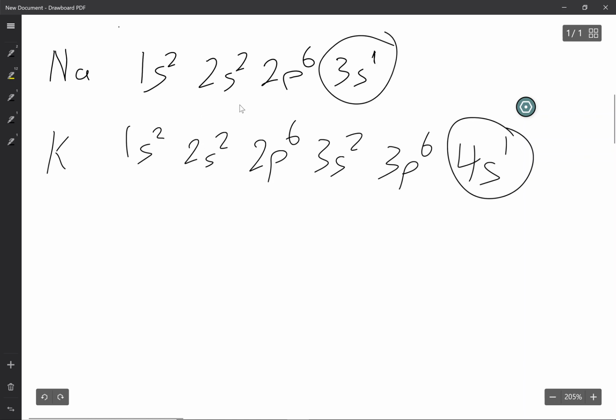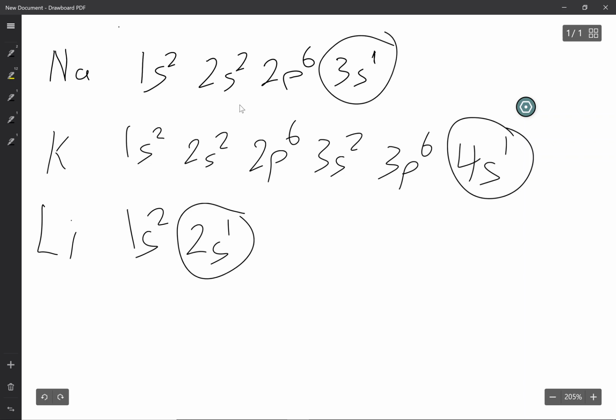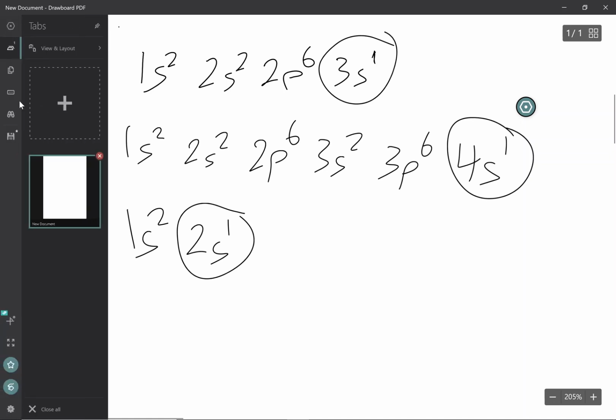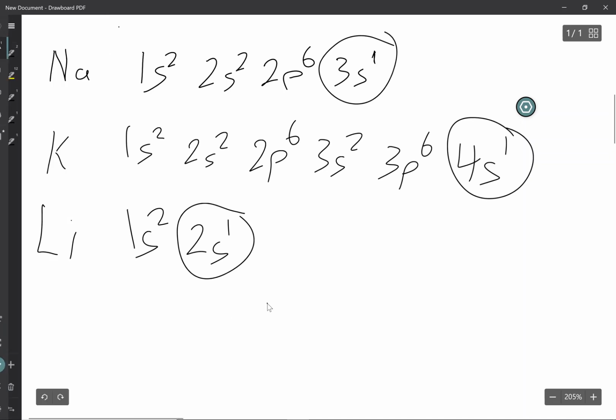If we look in the same column, I'm going to try out lithium. I'll give you a second here to try out lithium. Now lithium is 1s2, 2s1. Again, this shares the same style of electron configuration, where we have one electron in that highest energy level. So what we're looking at here, I'm going to switch back over to our slides,